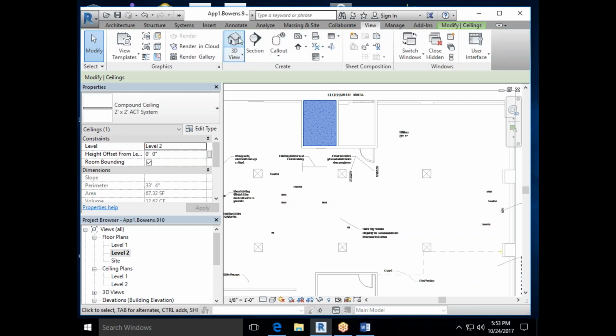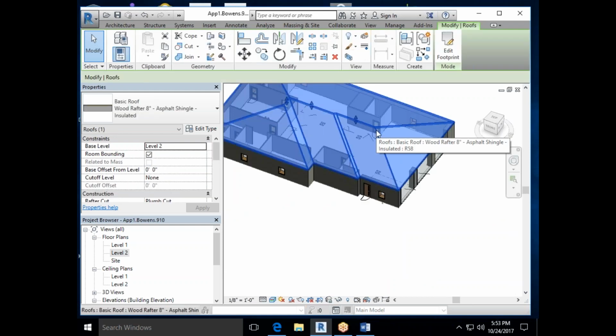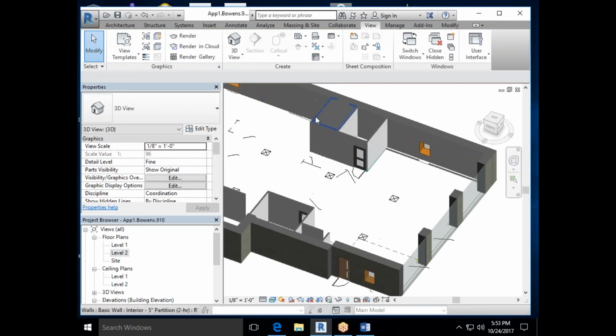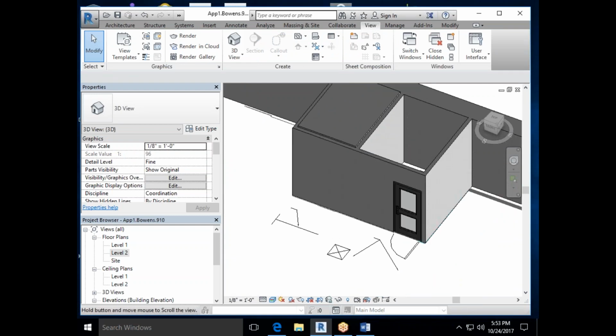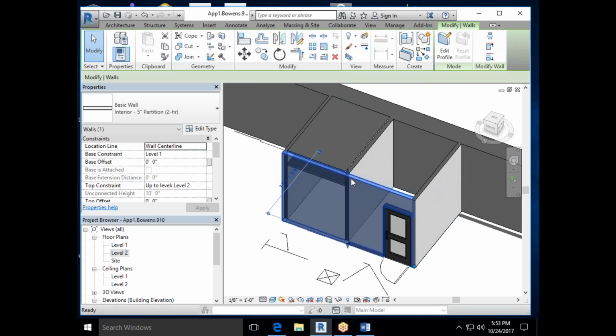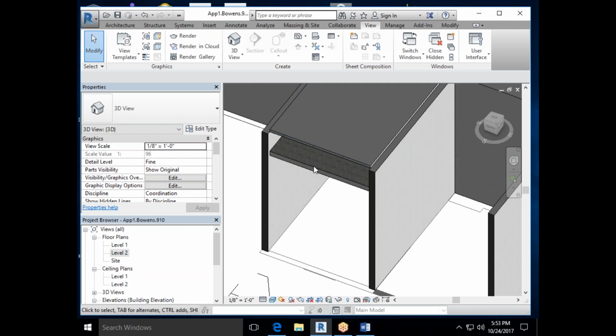All right, so let's go into our view, our 3D view. I'm going to hide this in view by elements. So there you see, I did not lie to you. There's my ceiling from the second floor with the offset of 0. It saved me the problem of having to move it up and down because it was already like, okay, this is ground level of 2, which is the top of 1, which is smart, okay? So even though I made it that kind of plaster pattern, here's my other sad roof, which I don't want